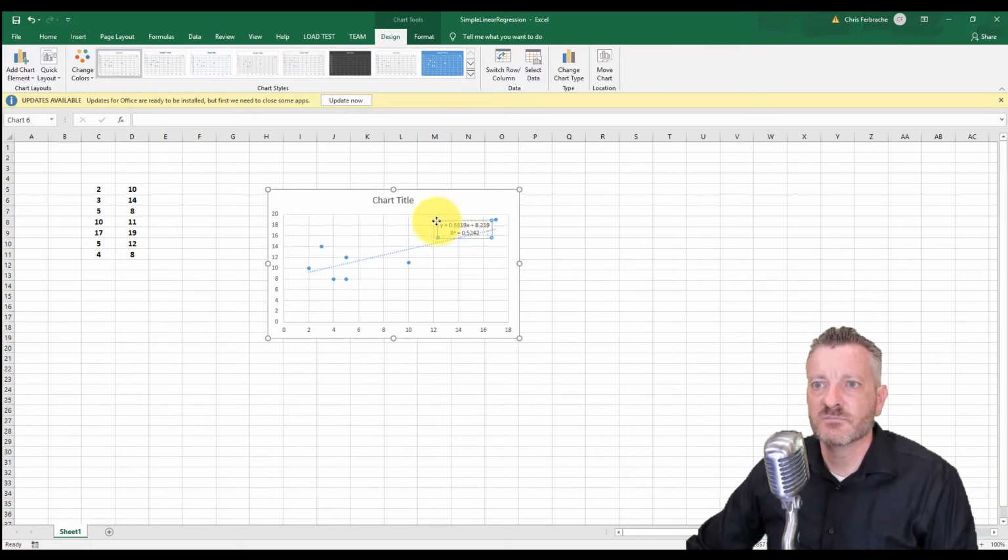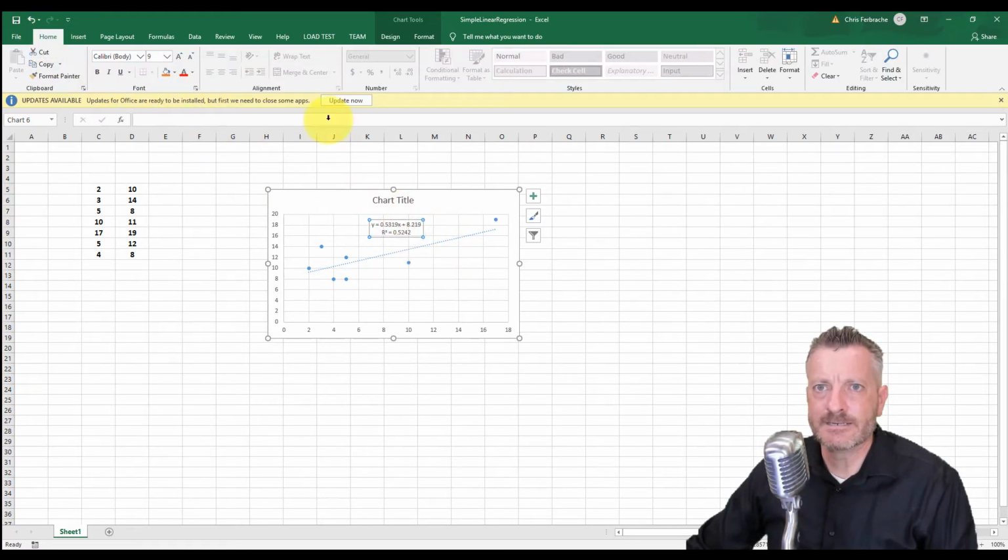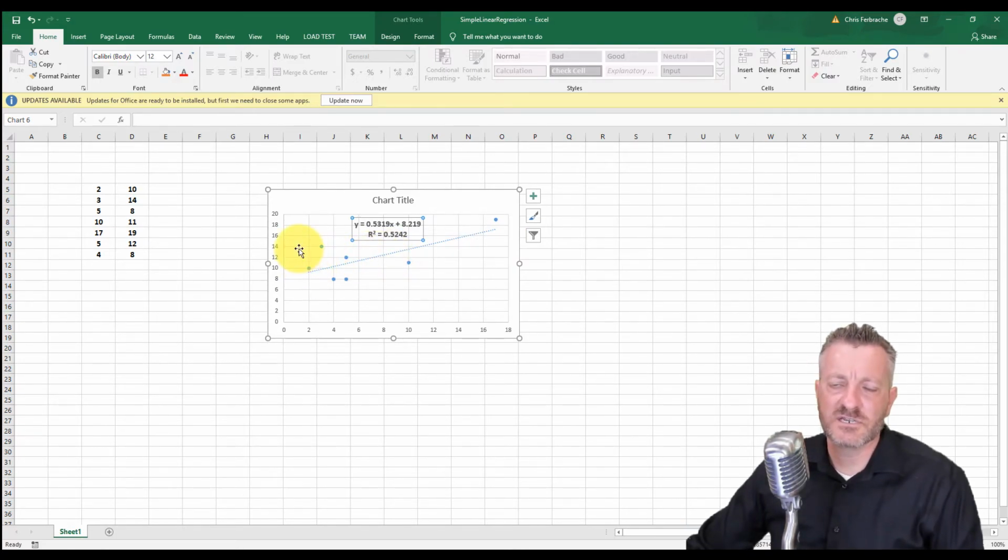Like I said, this is pretty quick. So now it's usually a little small text, so I'll go and I'll make it a little bit bigger, and then possibly bold. So there we go. We have our equation right here up top for the line. And so this is a pretty quick calculation.